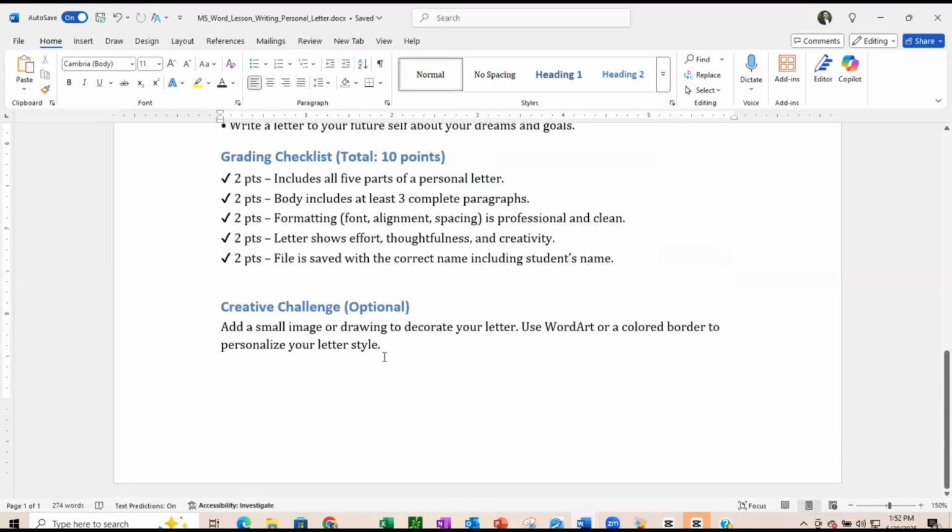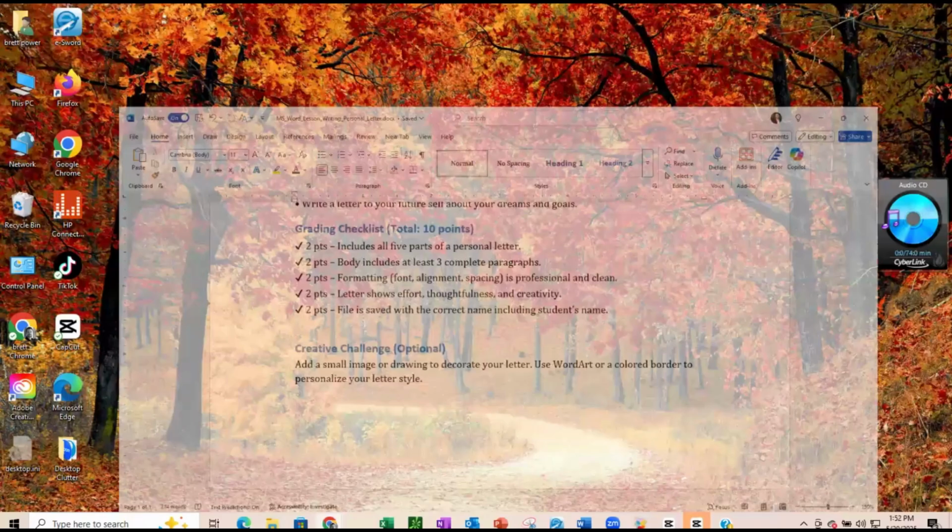Creative challenge, if you want, you could add a small image or a drawing to decorate your letter. You could use word art or a colored border to personalize your letter. All right. With that being said,